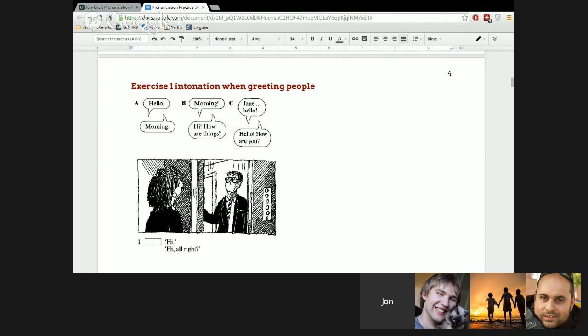Listen, the rising, falling tone. It's just something that you're not going to see in grammar books. You're not going to see it in most English books, but it's a good way to describe what's going on. So what we're going to do is look at the situation in the pictures, identify whether they're familiar, unfamiliar, or if it's a kind of neutral situation. So unfamiliar, very familiar, or neutral.